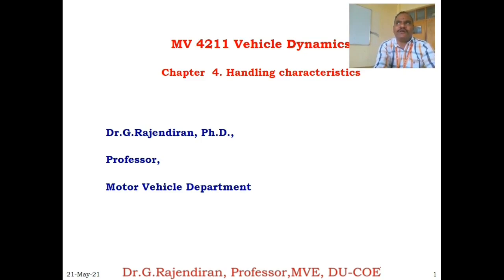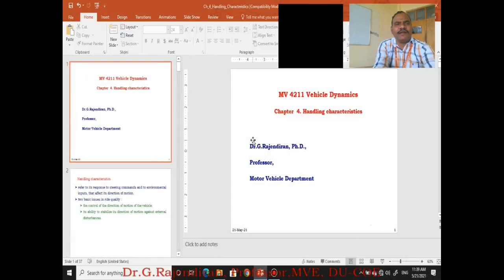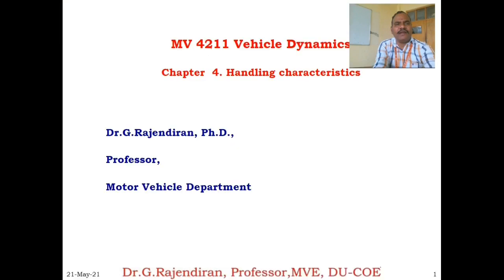One example is when the vehicle is taking a turn. So what is that one? The side force will be acting there. Correct? That is environmental input. And another thing is if the vehicle is moving over a banked road, so again it is subjected to a side force. Clear? So these are the environmental effects that will affect the direction of motion.